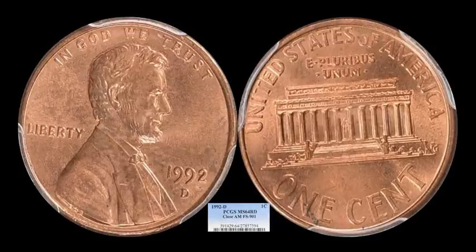This one right here is, of course, the Close AM reverse type, so you could see just the A and the M are touching right here. They are touching. And in addition, you're going to have the modified initials here at the base of the memorial. So you want to make sure, if you're searching for these, that you're using both of those diagnostics. Sometimes